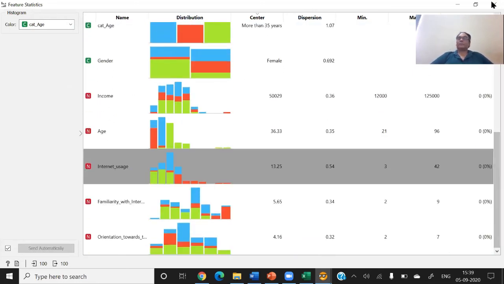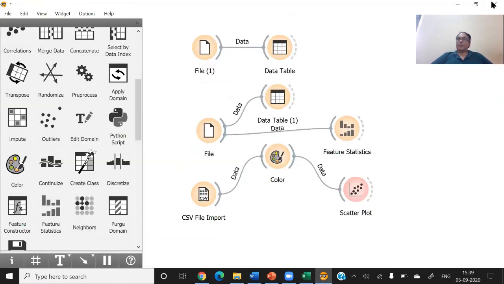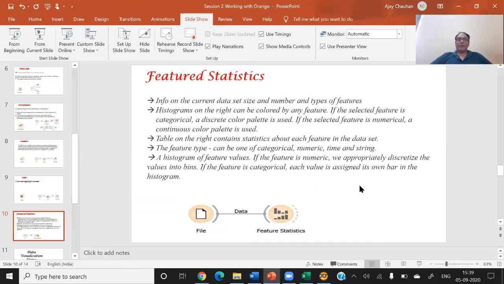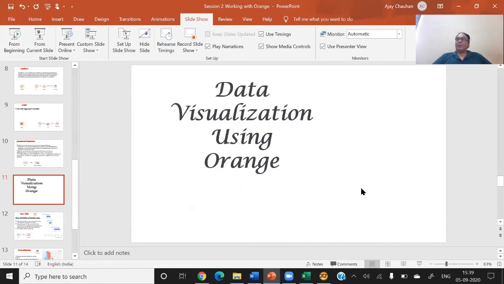So it is a representation of all the variables in one page, simple, with mean, dispersion, minimum value, maximum value, and the distribution. So all these statistics are there in one chart, simple. And then we are moving to the next part. Okay, now I'm showing you some of the graphs, 4 or 5 charts, which are very popular and which you must understand.